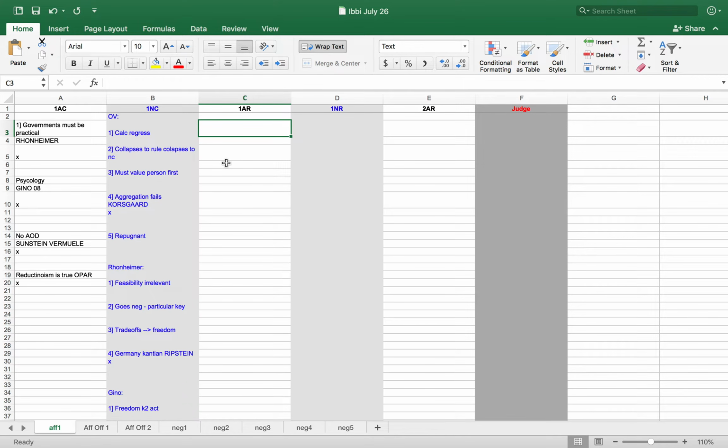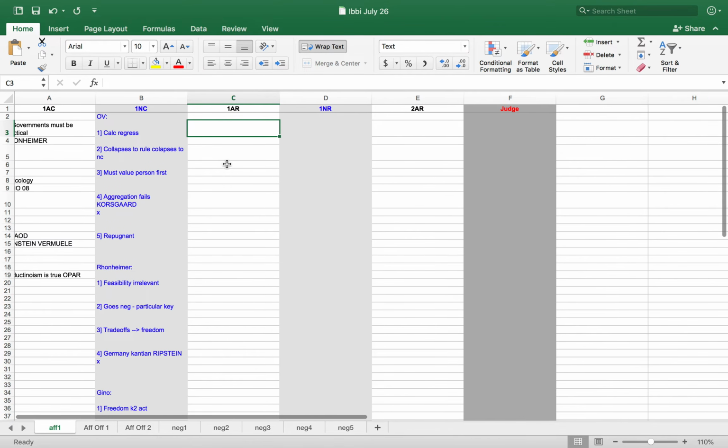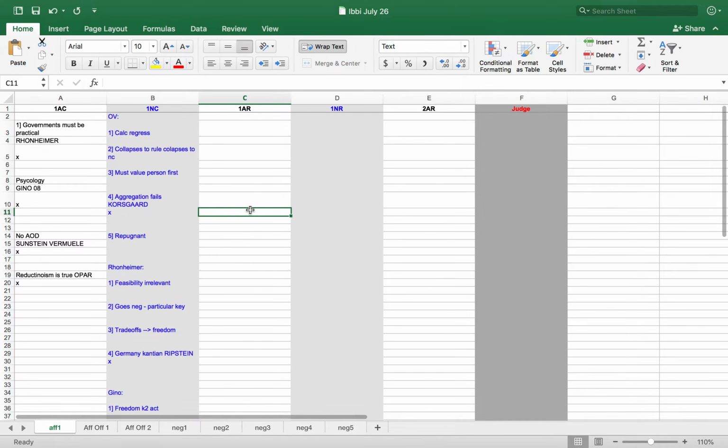You should be careful to make choices in the speech and not try to go for everything, but rather to go for the arguments you think you're most likely to win and to weigh those, just because there's a lot of stuff here that would make it difficult to cover it all. And you should aim for the speech to be about, let's say, 2 minutes, maybe 2:30. You probably wouldn't want longer than that in the 1AR when you have other stuff to do as well, like extending the AF. But we're just focusing on defending the util framework and beating the NC.